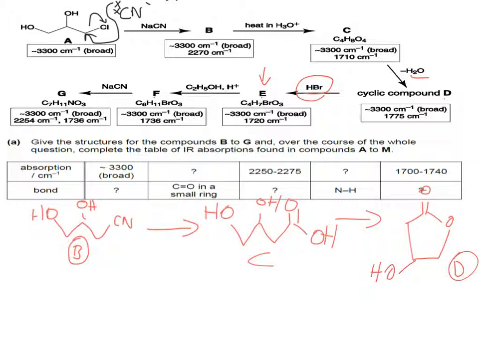Now, we often add an alcohol and an acid if we're looking to form an ester. And if we're looking to form an ester, we'd take ethanol and we'd react that with a carboxylic acid. So E needs to contain a carboxylic acid. And the only way E can contain a carboxylic acid is if we break the